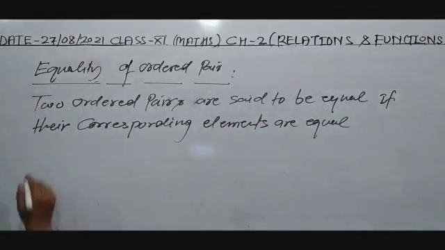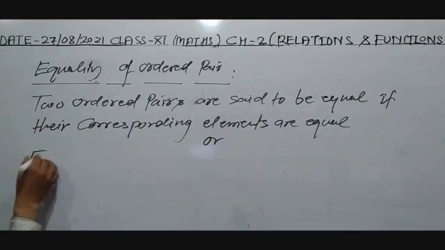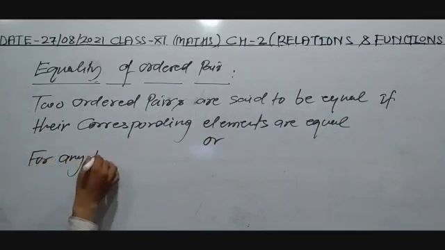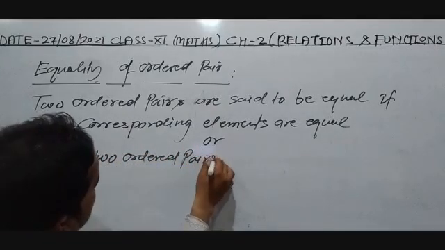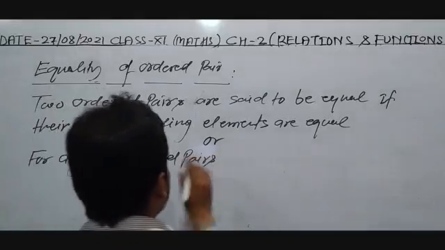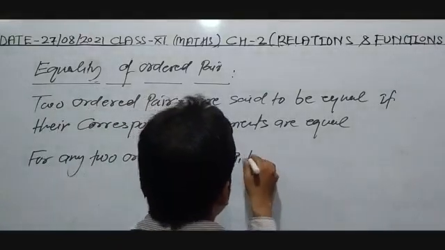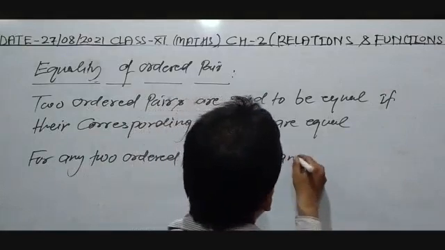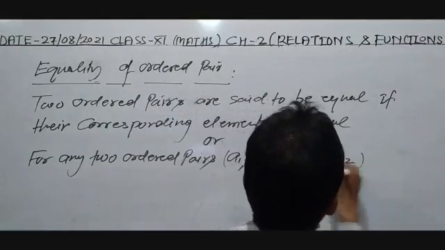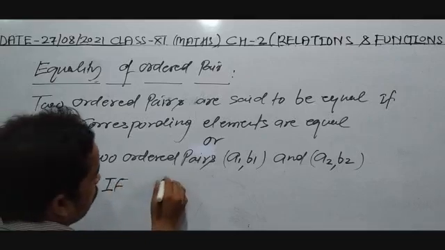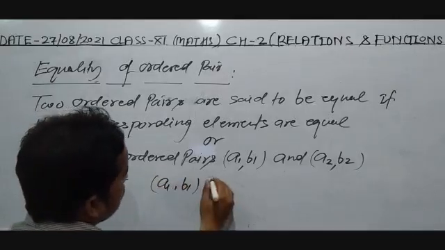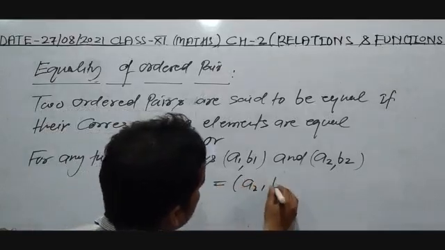In other words, for any two ordered pairs (A1, B1) and (A2, B2), if (A1, B1) is equal to (A2, B2),